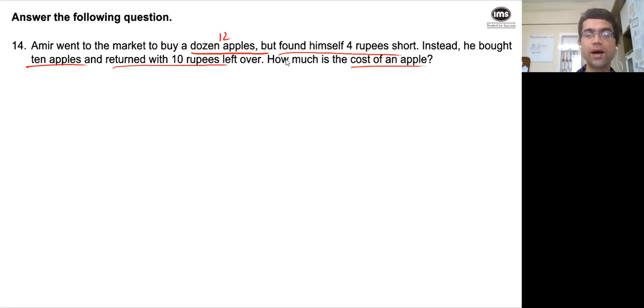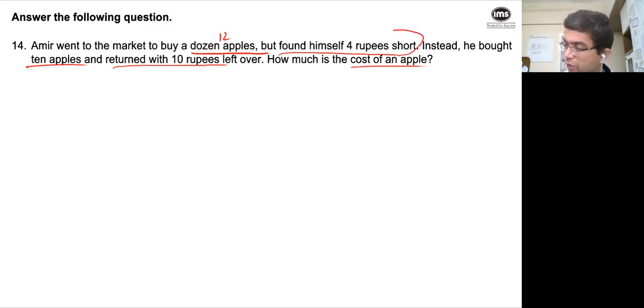Let's get a smart way of answering this question. How many apples did he buy less in the second scenario? Can all of you participate? How many apples less did he buy in the second case? Yes, Tanishq, Mansi, Tamanna, Disha, Savita, Jalaj, Shadan, and all others would have understood that he bought 2 apples less.